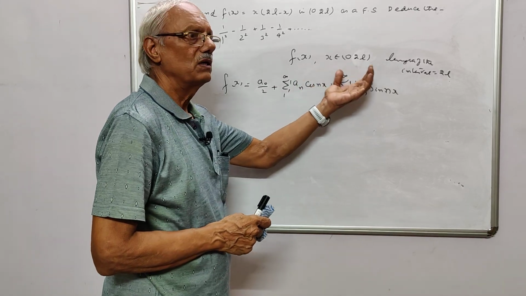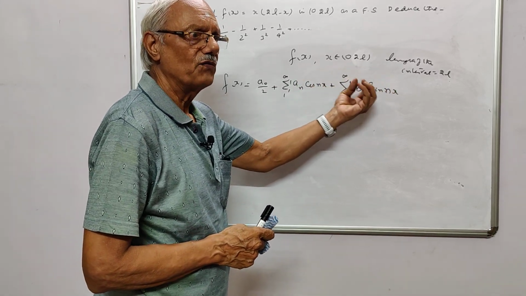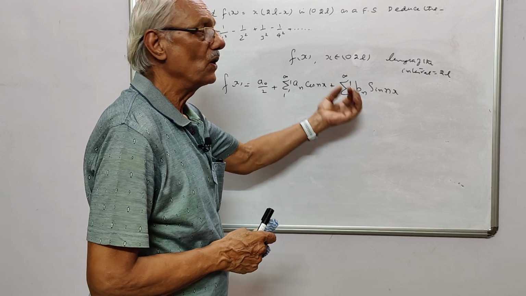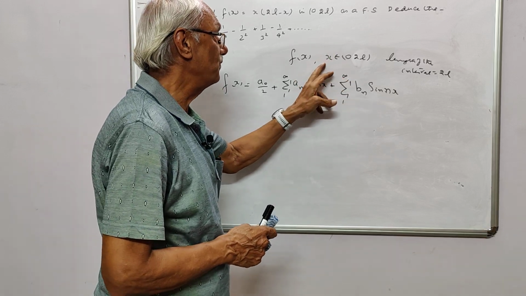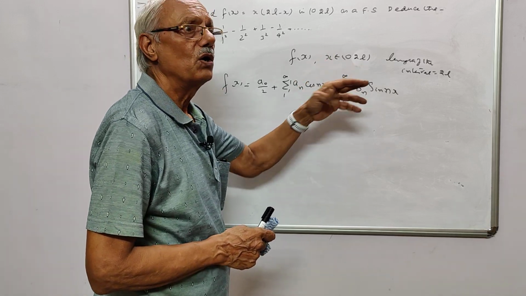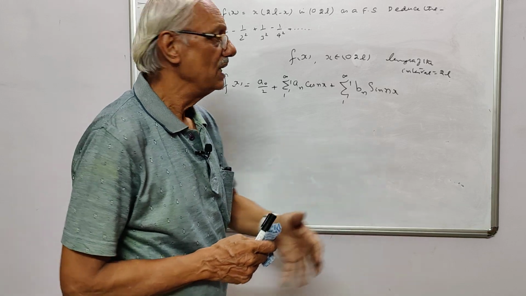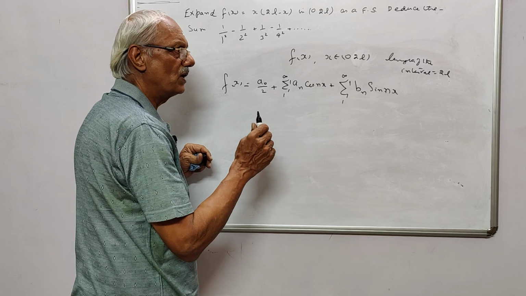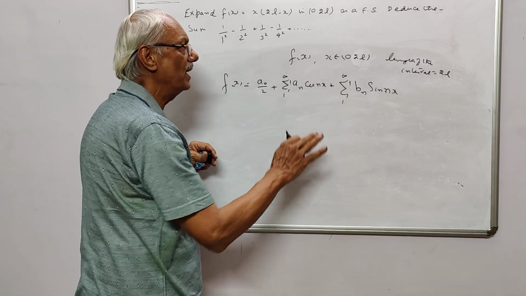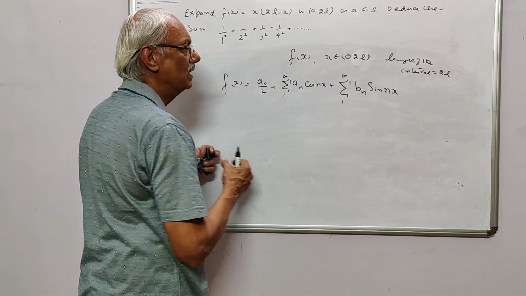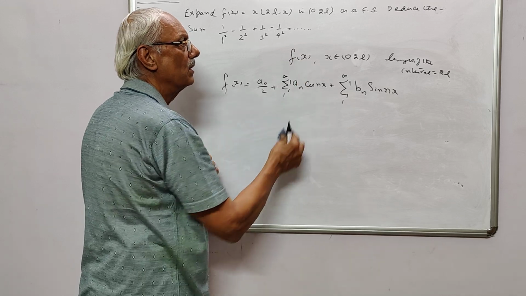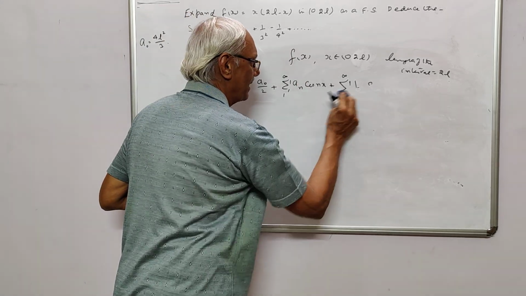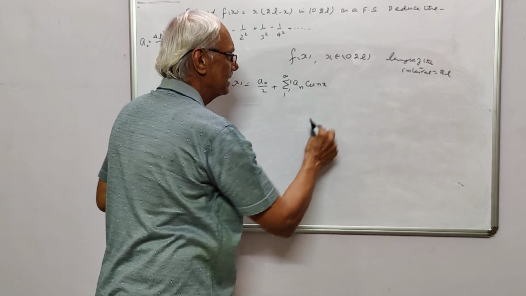For such a function f of x, which is defined in the interval 0 to 2l, what is the Fourier series? Now, for such a function f of x defined in the interval 0 to 2l, the Fourier series is given by, I'll write here,